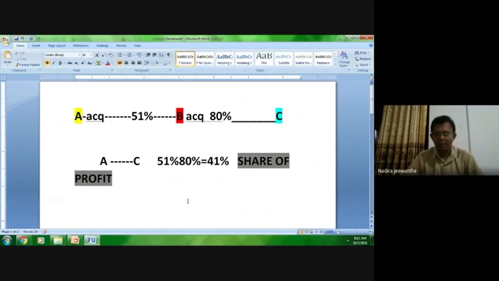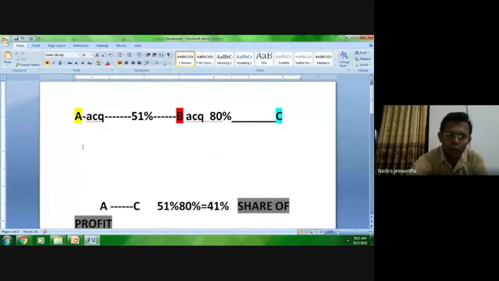Understood? So A becomes what? Here A is the parent company for these two, A and B, but C becomes an associate company. Now see this. You understood that? Now A has